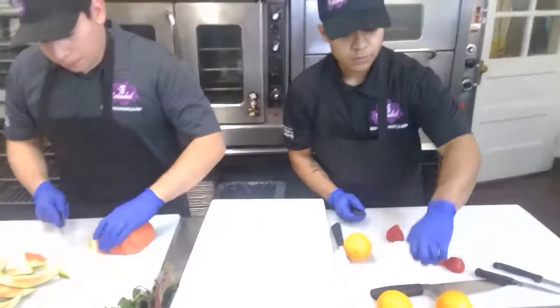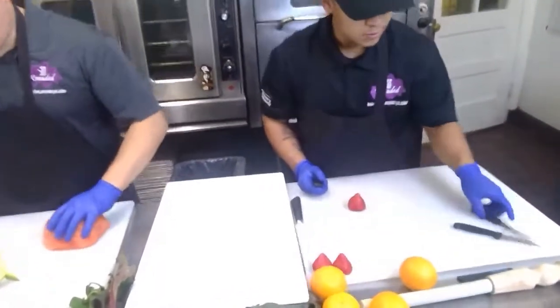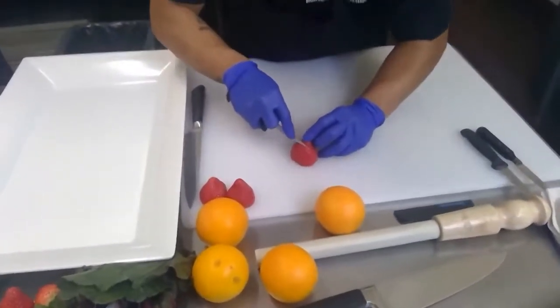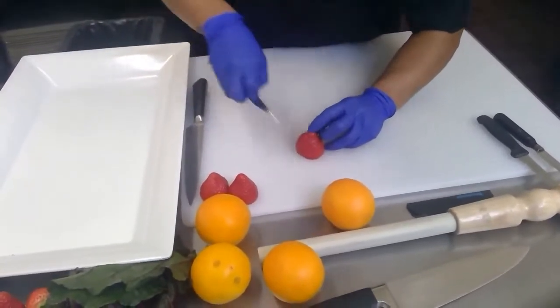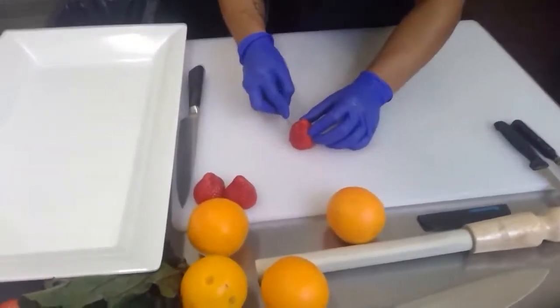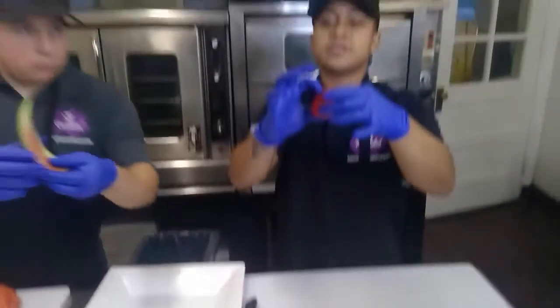Okay, so now you definitely want to get a closer look on this one. All right, I'm like Instagram cam, getting nice and close and cozy. You're going to start from the top. You're going to make your first petal, right? And pretty much you're going to go in like that. Very in and then around. Boom. You definitely want to keep this